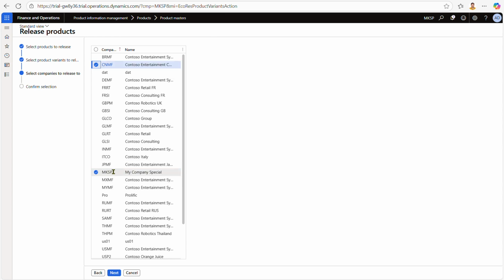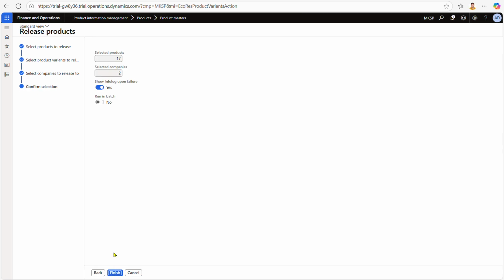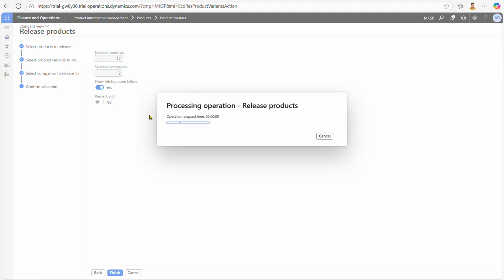I want to release in both these legal entities, and if I click next, it is showing I'm going to release these many products, 17. How did we arrive at 17? We have 16 variants and one product master, and we are going to release it in two companies. So if I click finish,